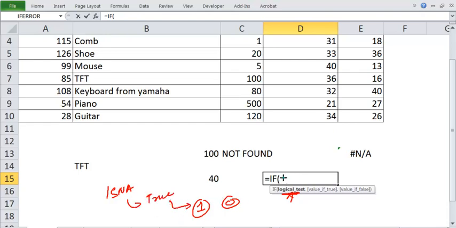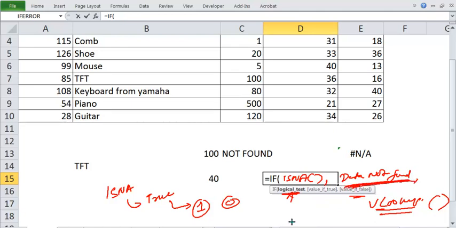So you say that if ISNA is true, then the value is "data not found". Else you go and do the VLOOKUP. This helps the client know that the data is not there and hence he is getting an error.